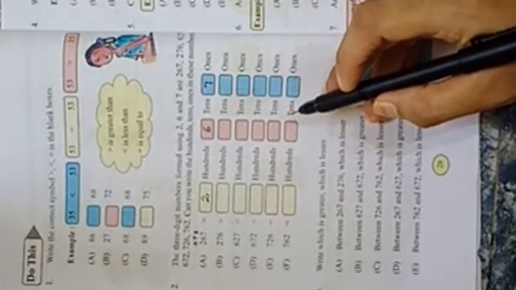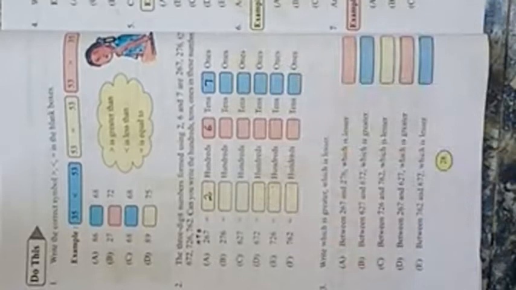Today I'm going to start our maths class, and I'll continue the topic, chapter 2, numbers. All of you take out your textbook, page number 28, children. I already gave this bit as your homework that day. Did you do this homework, children? If no, okay, I'm going to complete this bit today. If you did, check your answers whether you did correct or not. Let's begin our math session, children.